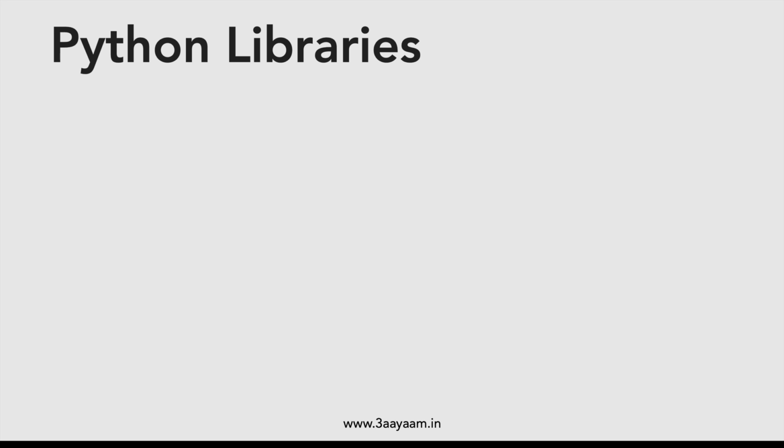As I talked about libraries, what are Python libraries? Libraries are actually pre-written code for various domains. For example, for machine learning, we have libraries like scikit-learn, NumPy, etc. Similarly, we can use a library called PySpark to write Spark code, and this library provides all the APIs that are there in Spark. So we can write Spark code using Python also. So PySpark is basically the Spark library in Python.